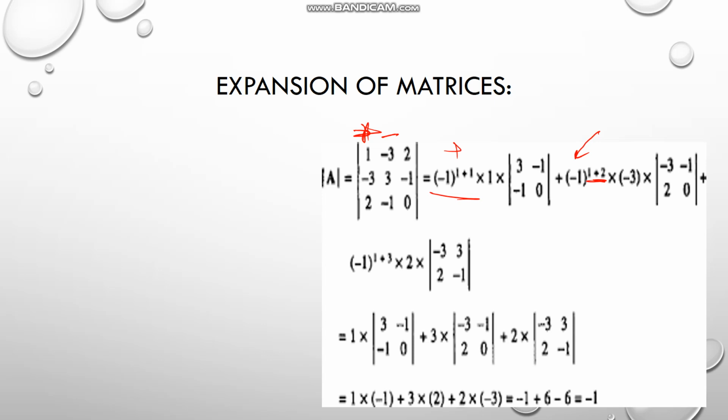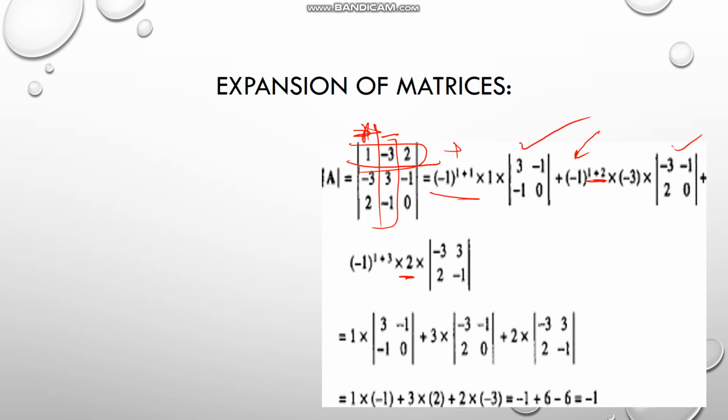The same way we can find the position value of this 2 also. For finding the magnitude of this given determinant, we need to hide the first row, first column for 1, then the second row, second column for the next element, the first row, second column for minus 3, and the first row, third column for plus 2. So by hiding the column and row, we will get these matrices.